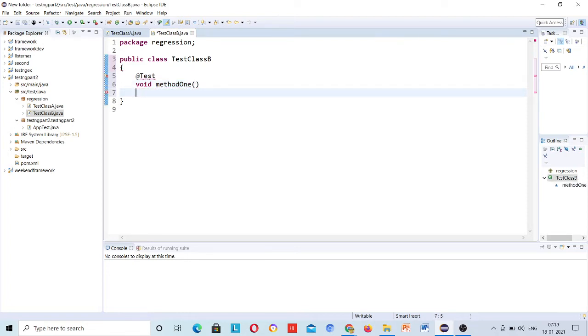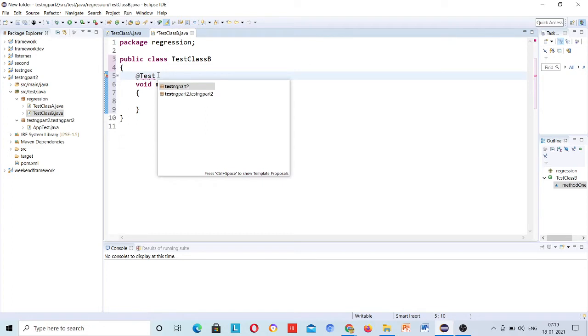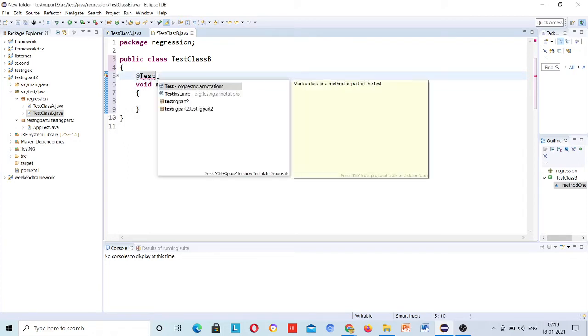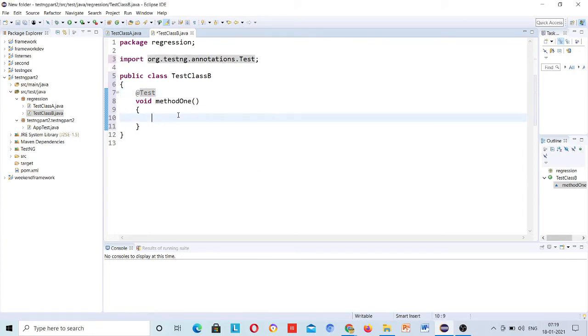And what is a method actually? A method is actually your test case, right? Just put your cursor here at the TestNG library, then Control-Space and import the package. So this is test method 1.